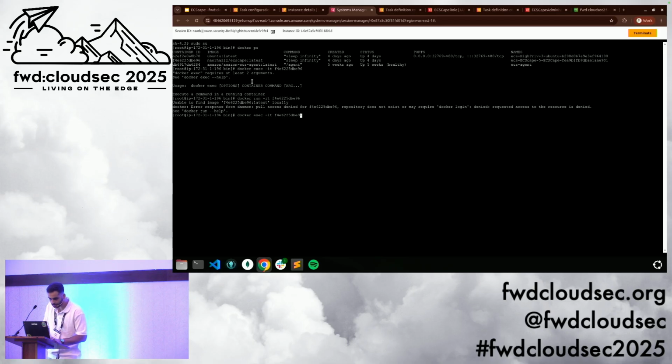Docker exec. Great. This task contains one binary called ECScape. This is a command line tool that I wrote that implements the ECScape technique itself and tries to use it